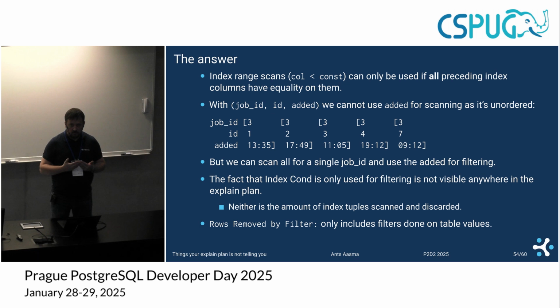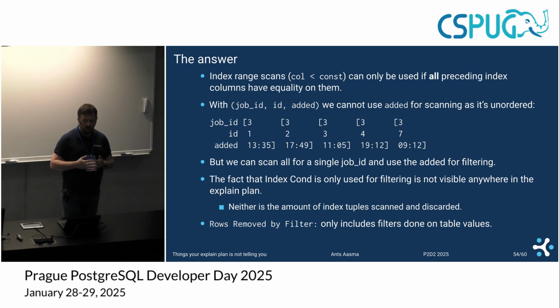But the planner is somewhat smart, so it can use a trick here. We can still evaluate this inequality constraint without looking up the stuff from the table. So in the index, we have the information what the timestamp is, so we can throw out any rows that we don't need. So we are basically doing a sequential scan within an index for everything that has job ID number 3. But the fact that this index condition is only used for filtering is not visible in the explain plan. And what is also not visible is the amount of index tuples that we checked and saw that we didn't need and